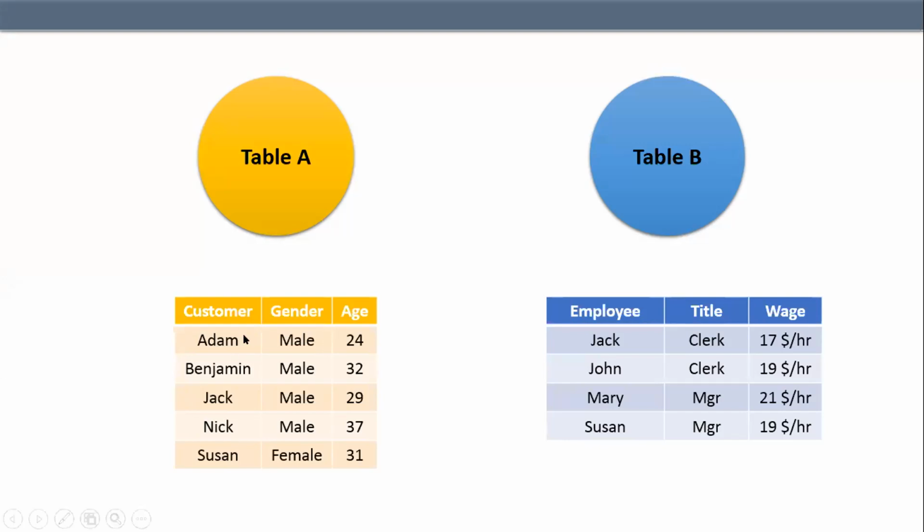If I have two tables, A and B, I have data of customers in table A and data of employees in table B. For people who don't understand what a table is, it's more like an Excel sheet. One sheet is one table, the other sheet is another table. So if I ask you a question, which are the employees which are our customers as well? Can you tell me? You can unmute or just mention that in the chat.